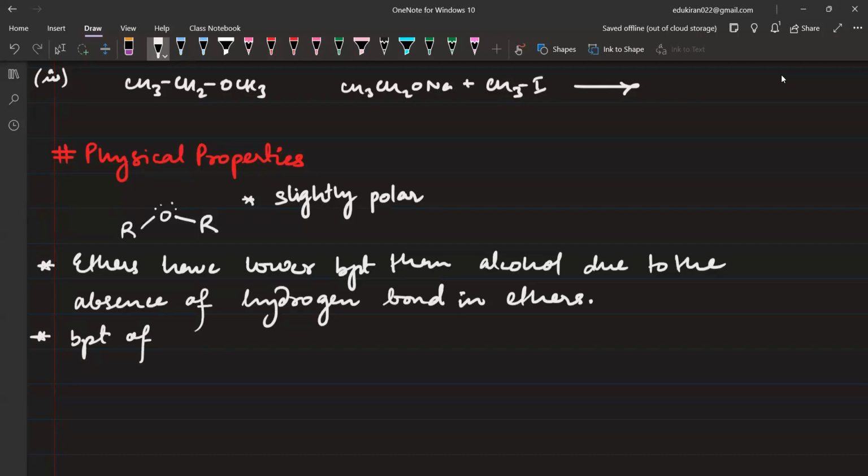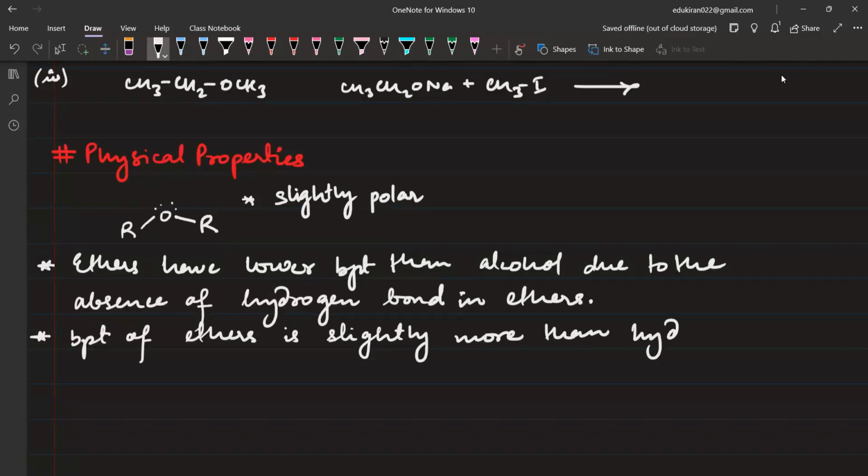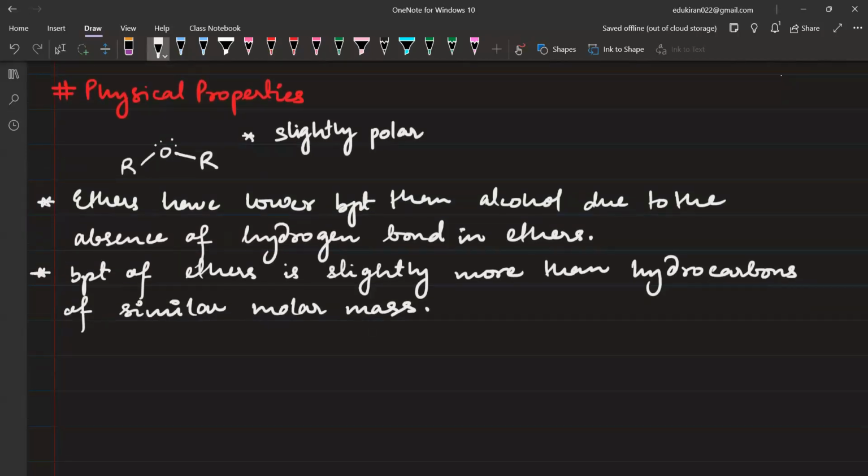Boiling point of ethers is slightly more than hydrocarbons of similar molar mass. That is only because hydrocarbons are completely non-polar. And the last point,